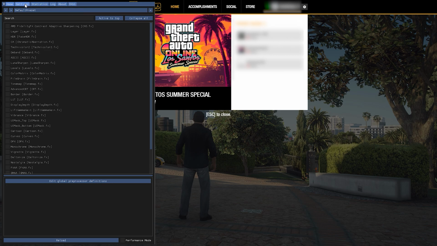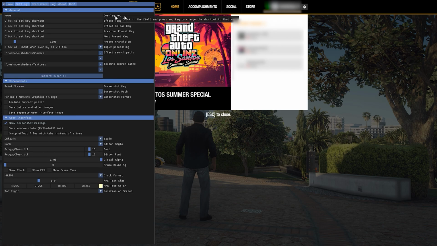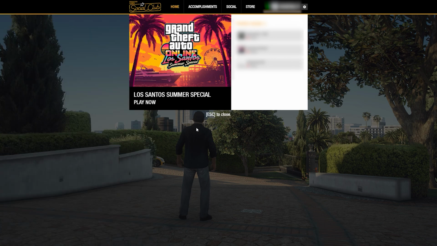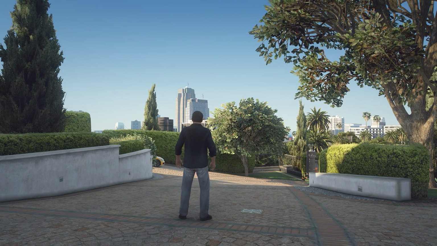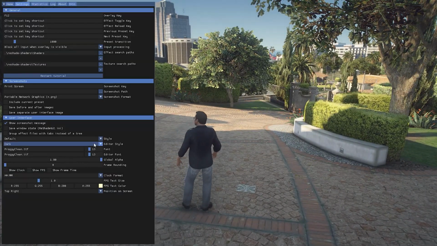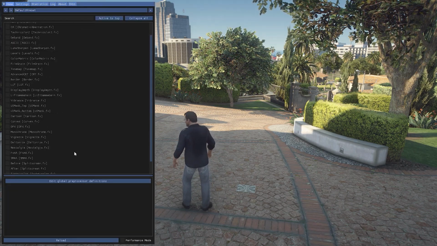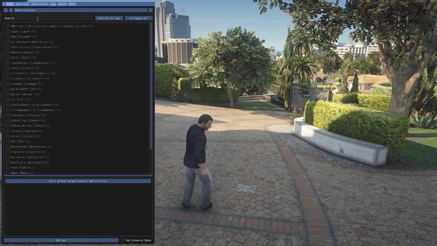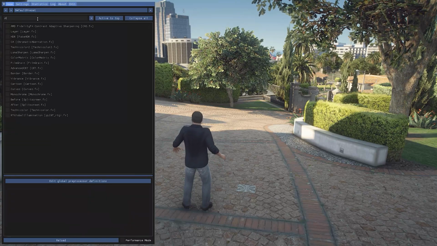So what we're going to do is go to settings and then overlay key. Set your cursor right there, and then press F12 or something. Now every time you press F12, it will open, just like that. So no longer the Home key, which is very annoying. So now we have F12 right there. So that is that. Let's just search for RTGI,